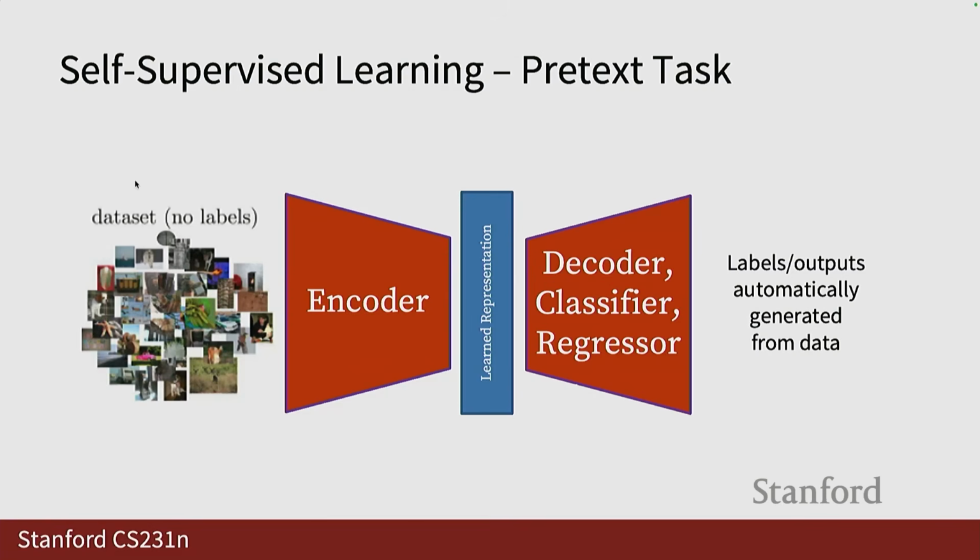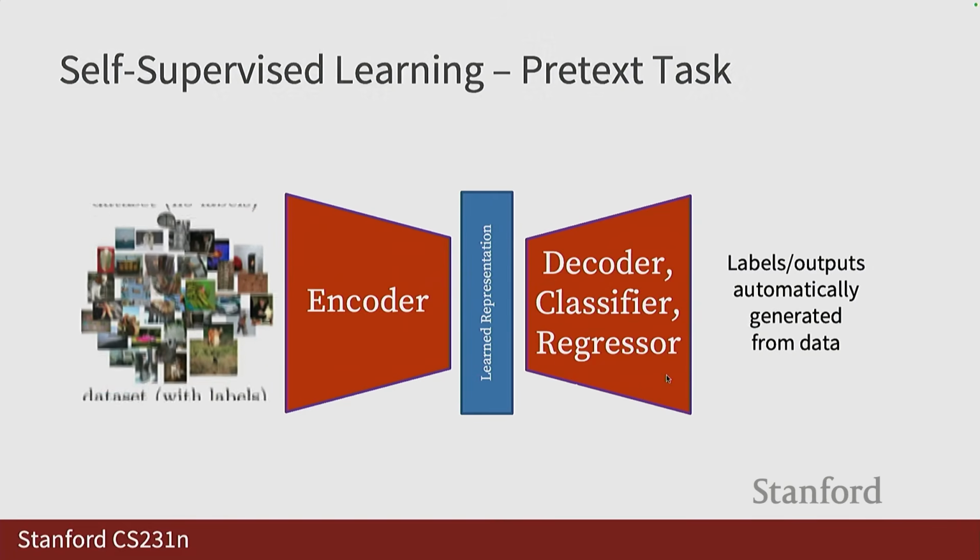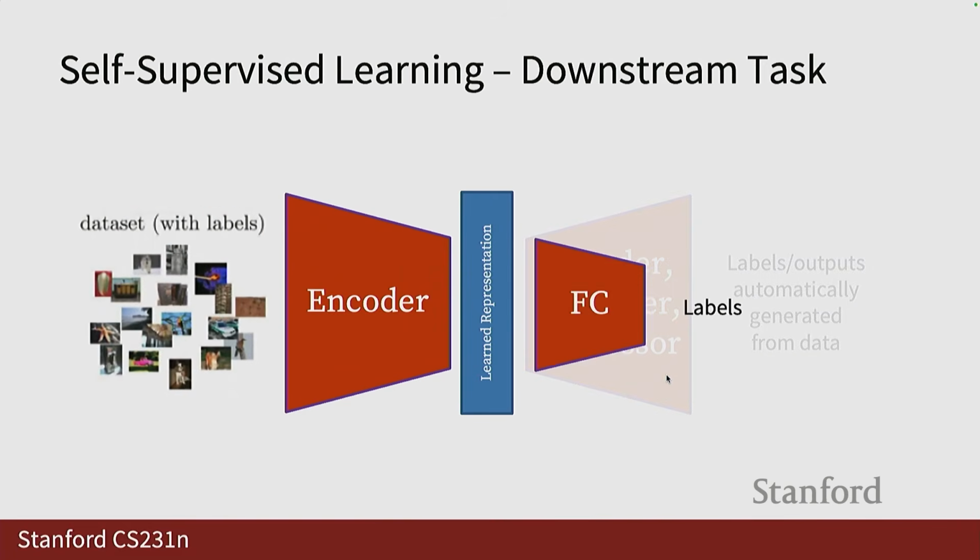If your original images are all natural images taken off of the internet or ImageNet or whatever, then you are learning an encoder that can extract features from those types of images, right? With the pretext task. And then when you remove the decoder and add this classifier to the end, you only need to train this part,